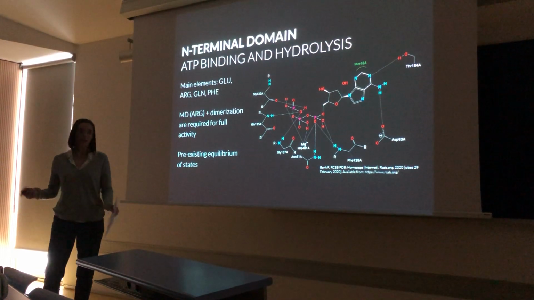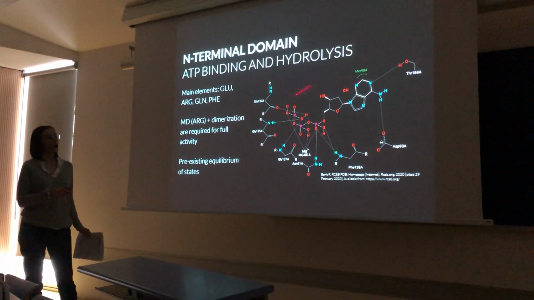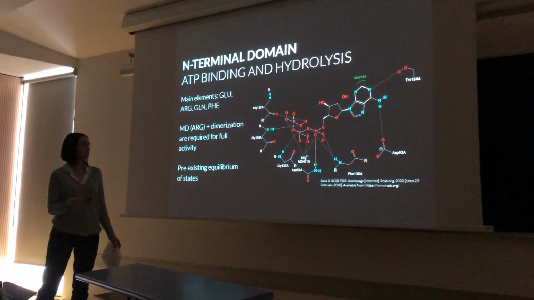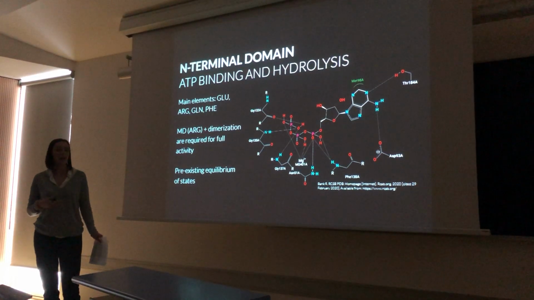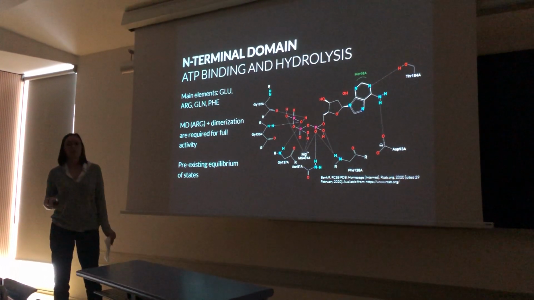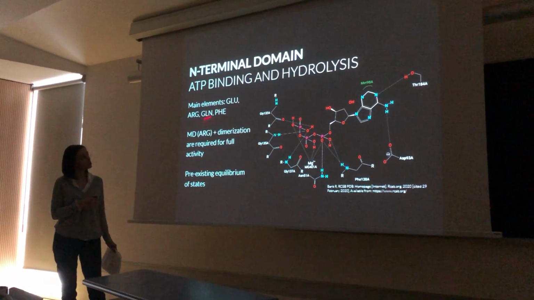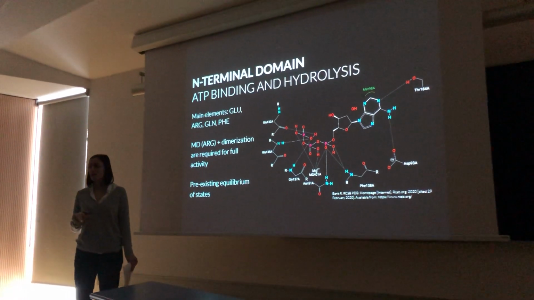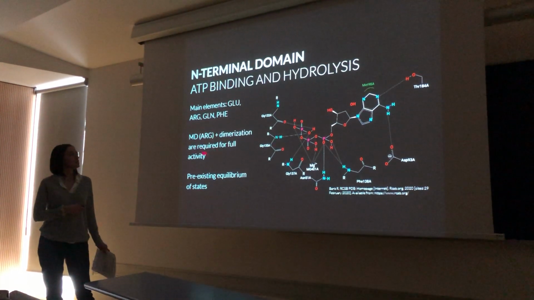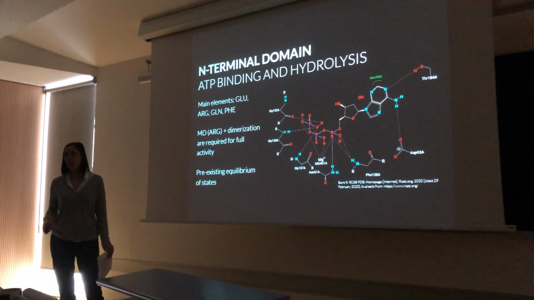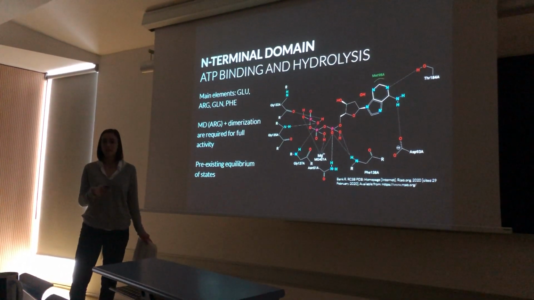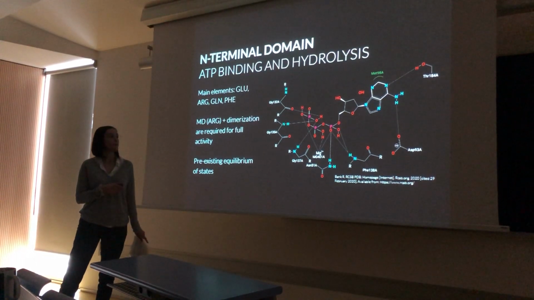So let's go to the client binding. First, I would like you to take a look at this 2D representation because later on I will be showing a 3D representation. But basically, the residues that are taking part in this ATP binding are glutamine, arginine, glutamate, and phenylalanine, these last two being the ones involved in the binding cleft of the ATP. And there's also this arginine that I was talking about in the middle domain, which you cannot see in here, because in here you can only see the representation of the hydrogen bonds that are being created when looking at